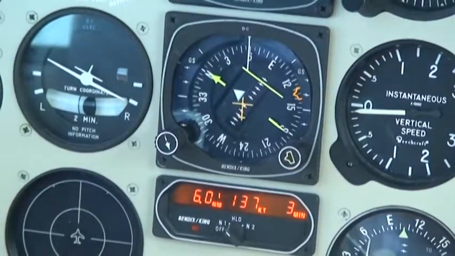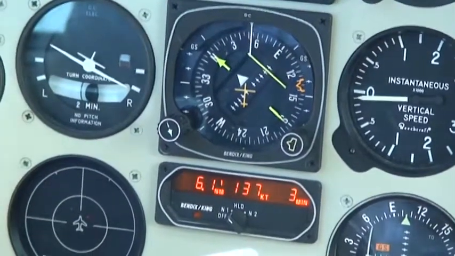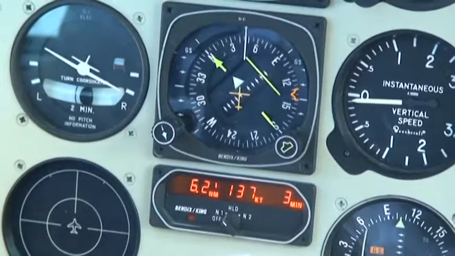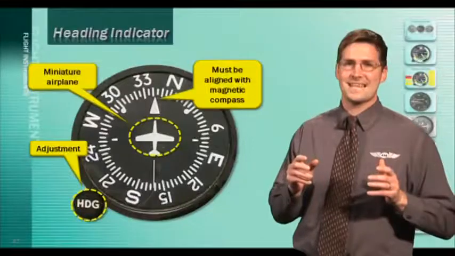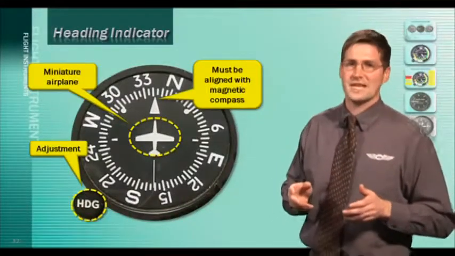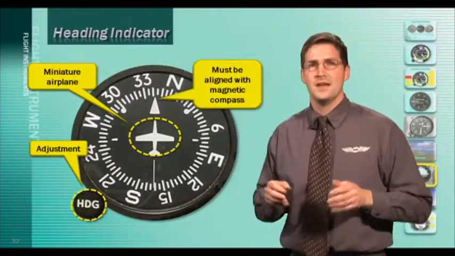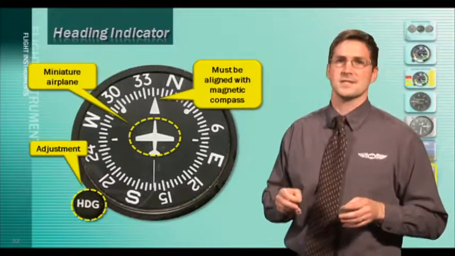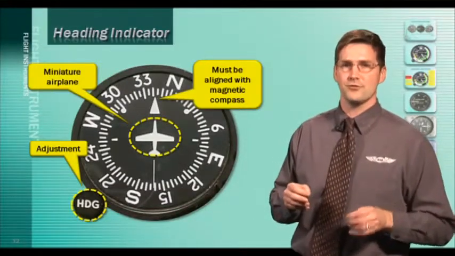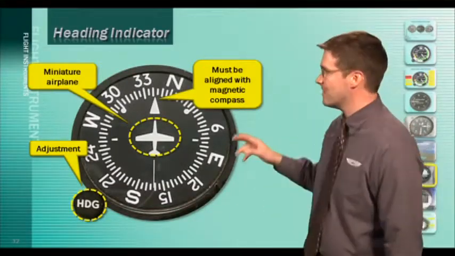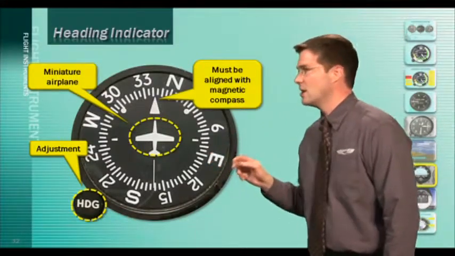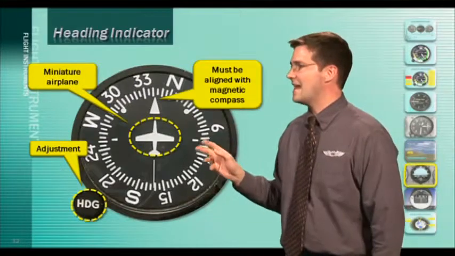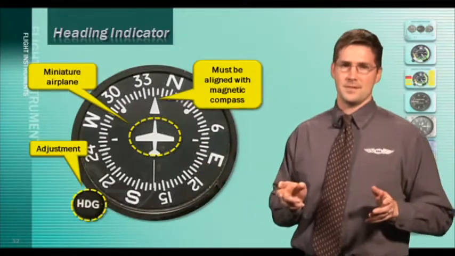Some heading indicators provide for automatic remote magnetic setting and do not need to be manually set to the magnetic compass. The heading indicator also has a tendency to drift by a force called gyroscopic precession. Frictional forces within the gyro system cause the heading indicator to drift from its original alignment with magnetic north. To receive accurate indications during flight, you need to occasionally realign the heading indicator with the magnetic compass to counteract